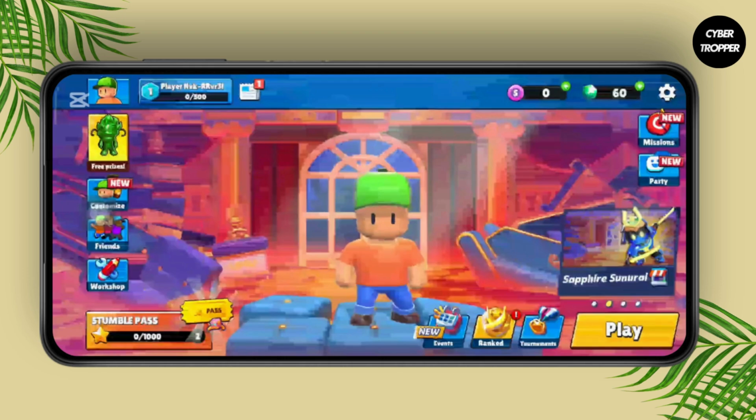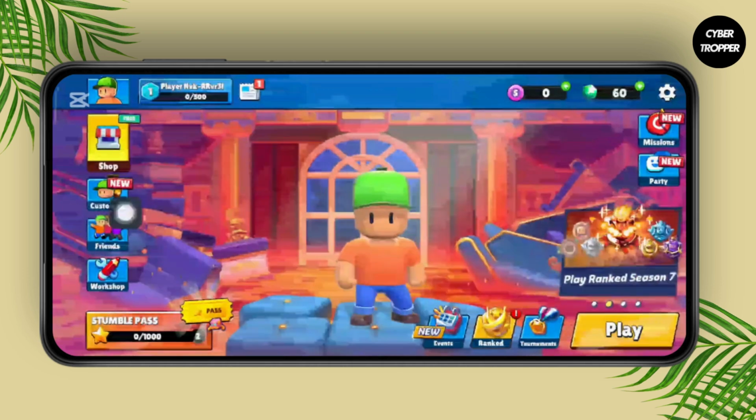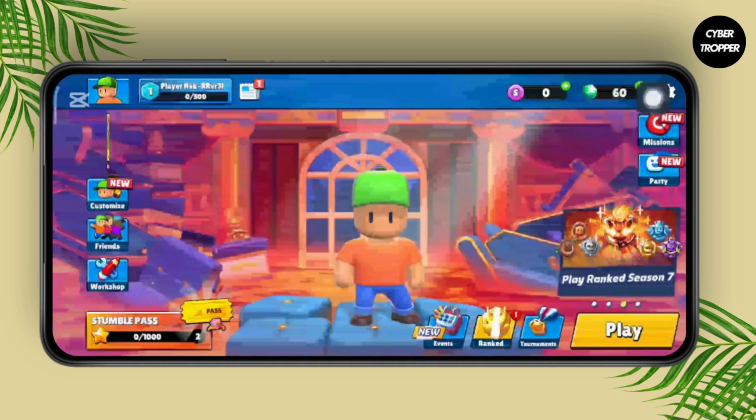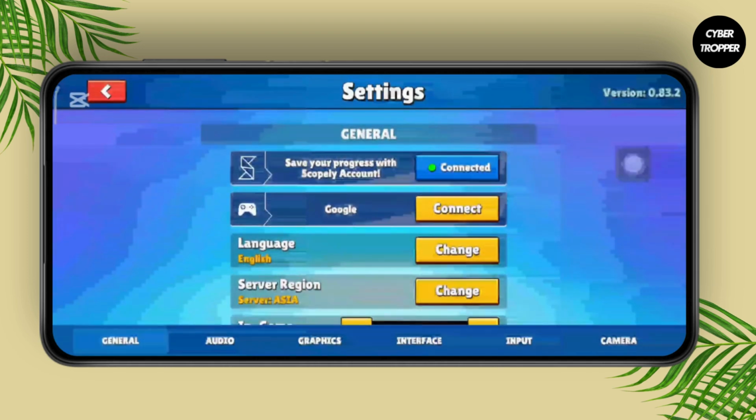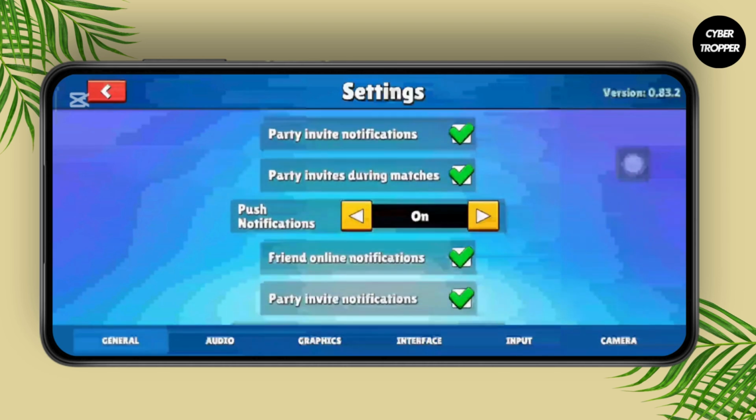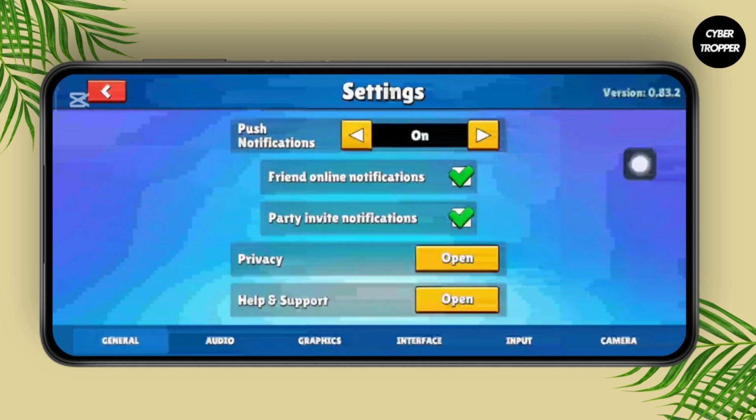And once you are inside the game, simply tap on the gear icon located in the top right corner of your screen. And once you are in the settings, go to the general tab, and from there you can simply scroll down until you find the privacy option. And once you have found that,